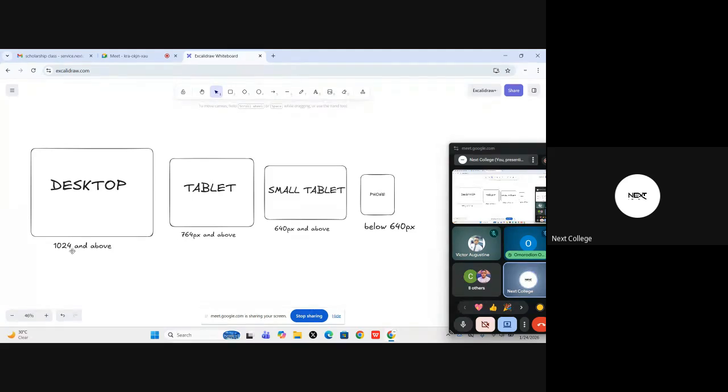Then after desktop, we have another screen size, which is smaller than desktop. That one is called a tablet, or big tablet. The screen size for a tablet is at least 704 pixels and above. That means from 704 pixels,